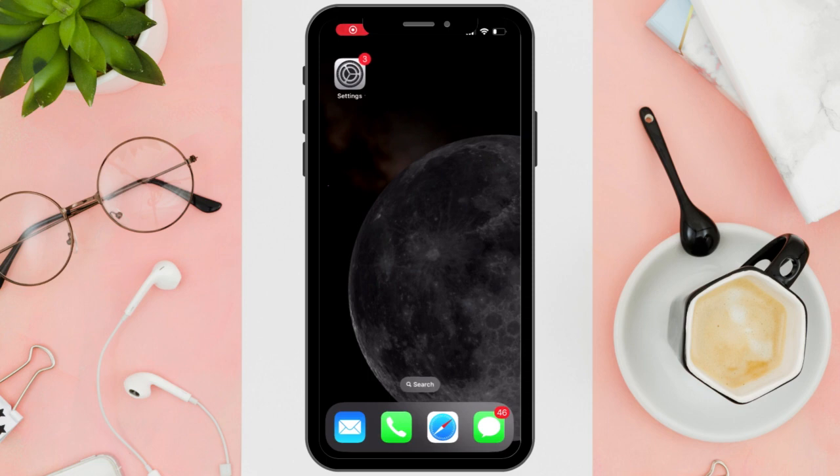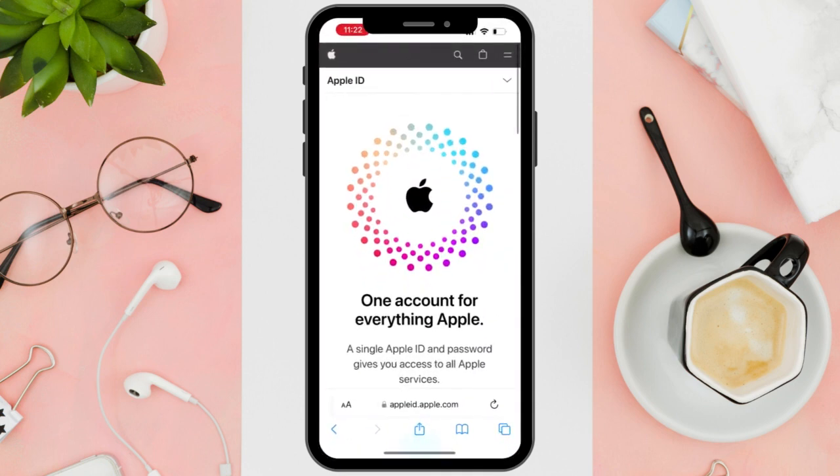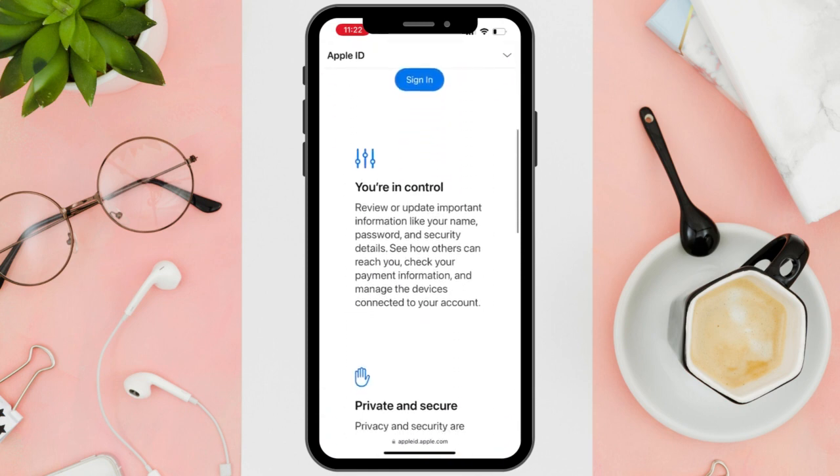Hi everyone, good day! In this video, I'll be teaching you how to turn on private browsing on Safari in iPhone iOS 17. Okay, first things first, open Safari, and as you can see, I'm in the regular browsing mode